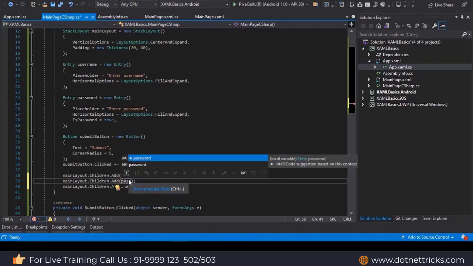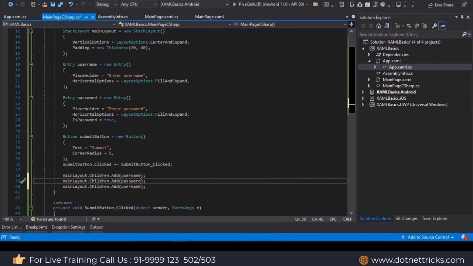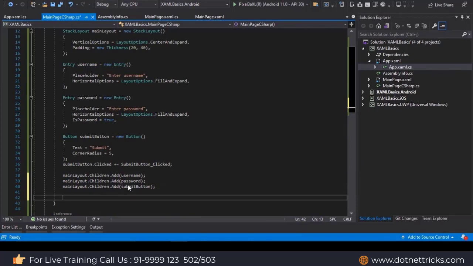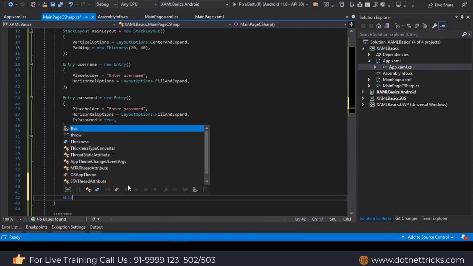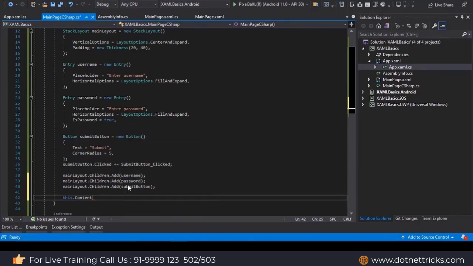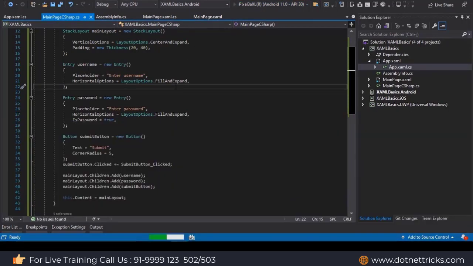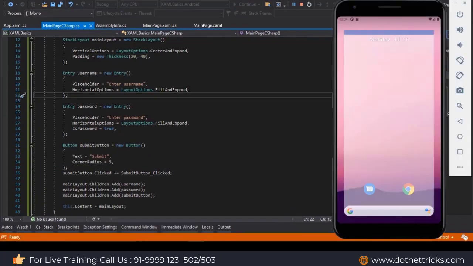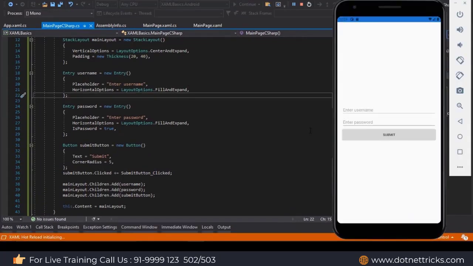The stack layout has 3 children: username, password, and submit button. And we also have to explicitly mention that the content for this page is nothing but the stack layout, which we had created with the name mainLayout. So now running this will have the same outcome as we had in the XAML. So it has the same view.